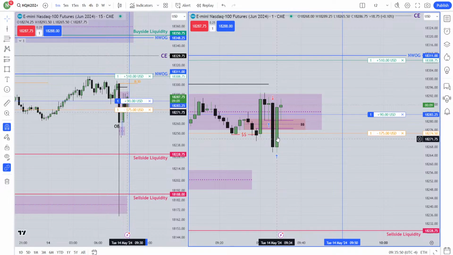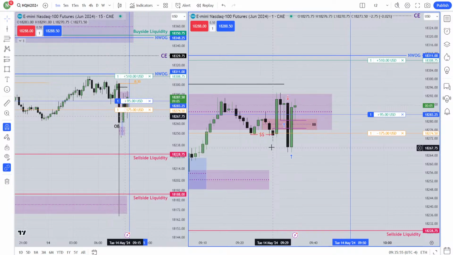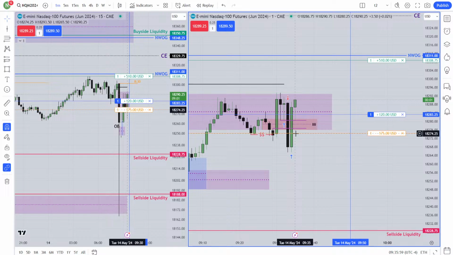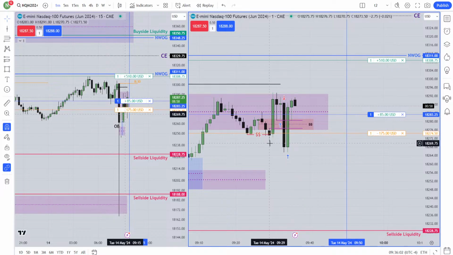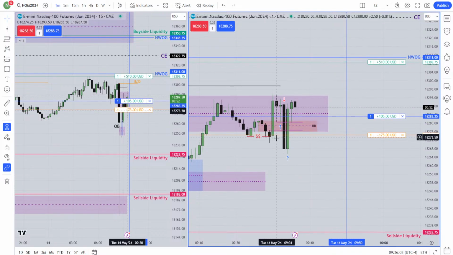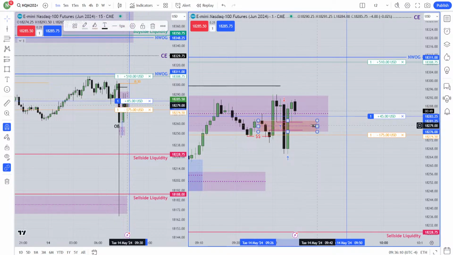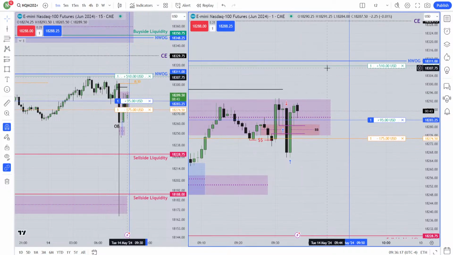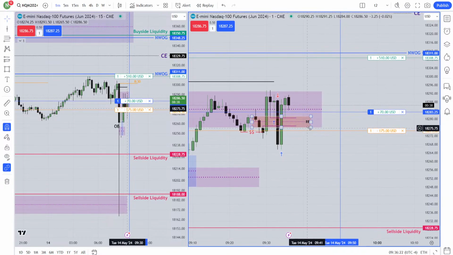Is it revenge trade? Absolutely not. I got stopped out because market went much more lower. It happens. I told you that market is not so precise right now. That's why I don't want to put my stop loss below that low. Instead of that, I put my stop loss just covered the wick for the breaker block. It didn't work. Came back again above this breaker block, I took re-entry. Same place, my stop loss, same area, everything. I'll just go for that buy side liquidity and I will start to believe that market will work.